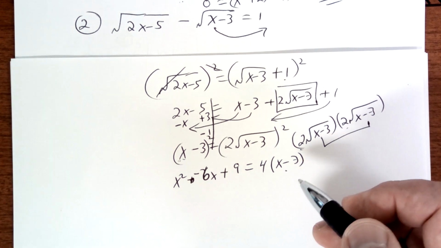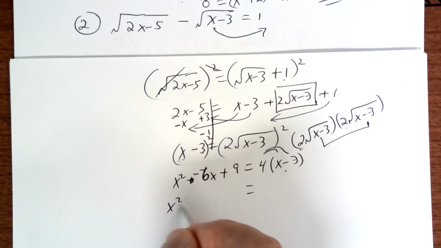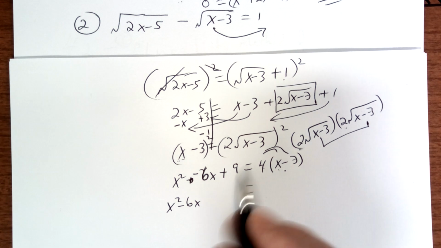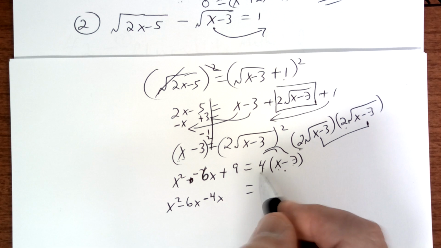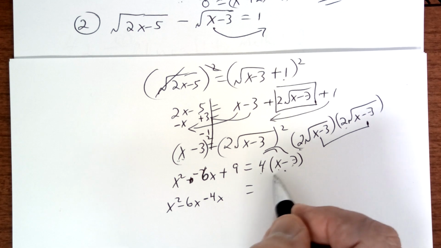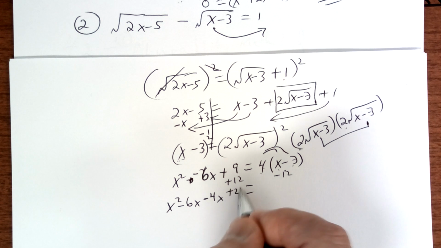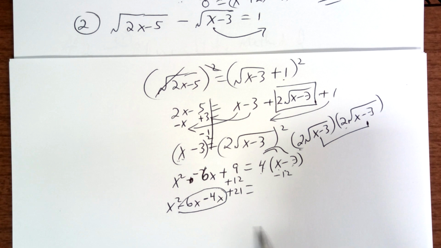Now, you're going to distribute, so you're going to have x squared minus 6x. This becomes a 4x, but I'm going to move it to the other side, so that becomes a minus 4x. This is a 4 times 3 is 12, so that's a negative 12. I'm going to bring it over here, that becomes a plus 12, so that gives me 21. You can combine this and then try to do either factoring